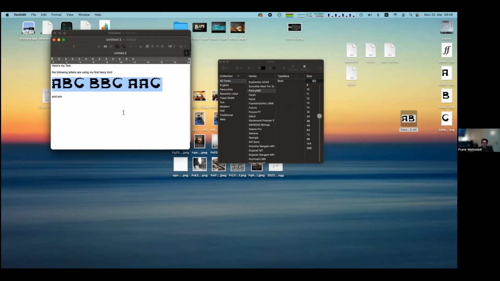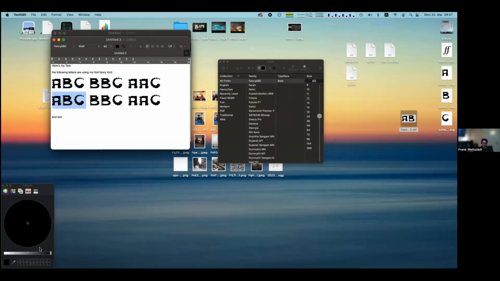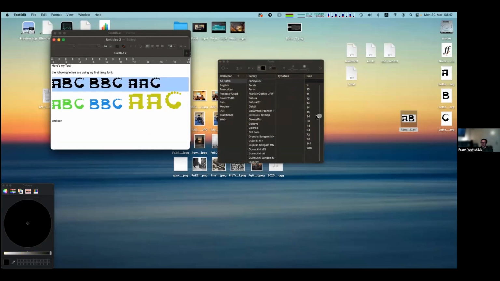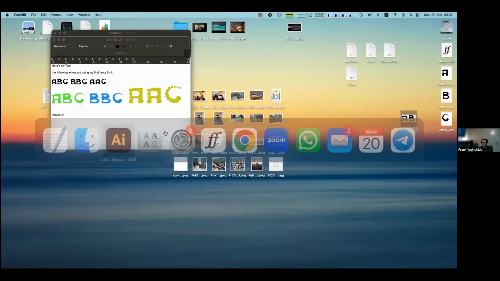And then we change the font size. I would like to have 3 letters in blue. And also I would like to have some letters in yellow, and they should be bigger. And this one should be smaller. Last word here,